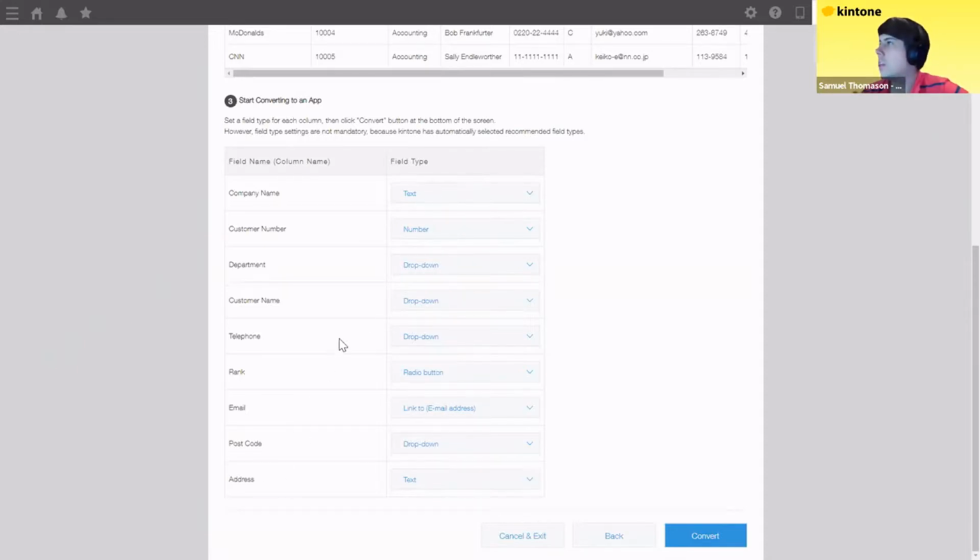So please peruse this. For example, company name, yep, that should definitely be text. Customer number is a number. Okay, customer name, I don't think that should be a drop-down box, that should be text. Okay, telephone number, you know what, let's make that a link to telephone number. Rank, let's make that a drop-down box. Okay, and then postcode, let's just go with text. Okay, and then once we're happy with our selections, we're going to click the convert button